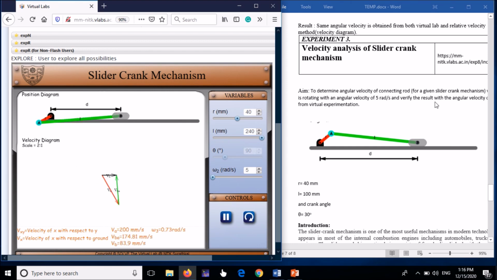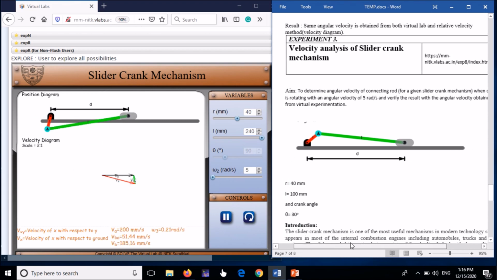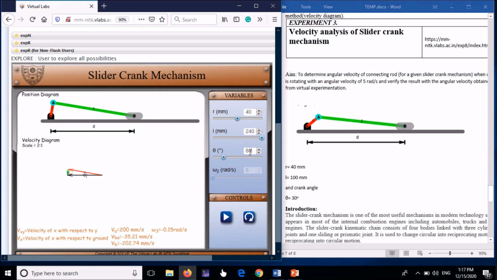You have to determine, let me check what you have to determine, the angular velocity of the connecting rod. This you need to determine, and at a particular configuration, this configuration is given as 30 degrees. So just pause this, make this angle 30 degree. So when I enter 30 degree, you can see that the angular velocity omega 3, this is the angular velocity of the connecting rod. You are getting 0.72 from this virtual lab experiment, but